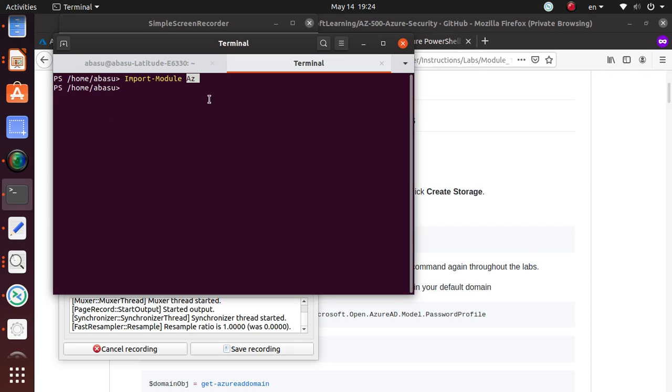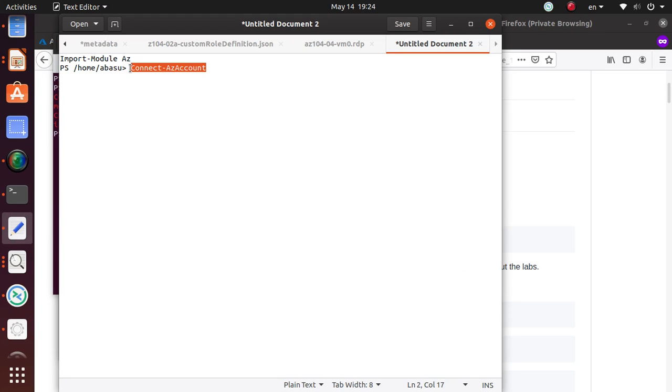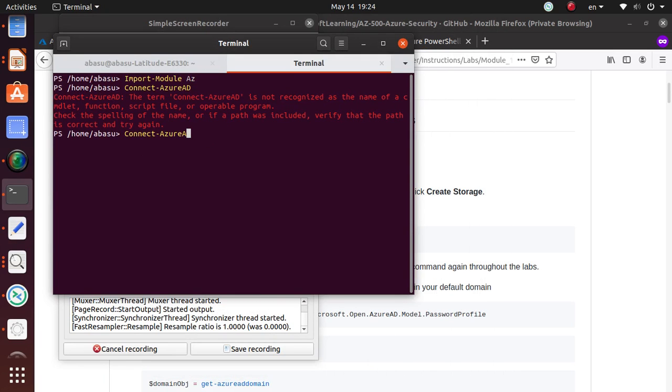So now the module is loaded, now I'm going to go back and do my connect to Azure AD. Now it says, connect to where? Connect Azure account is what you need, okay? Azure AD is not what we want. So let's go back and do that. So that's going to connect your Azure account. And the way you're going to connect it, here's a code that you need, and then you just need to